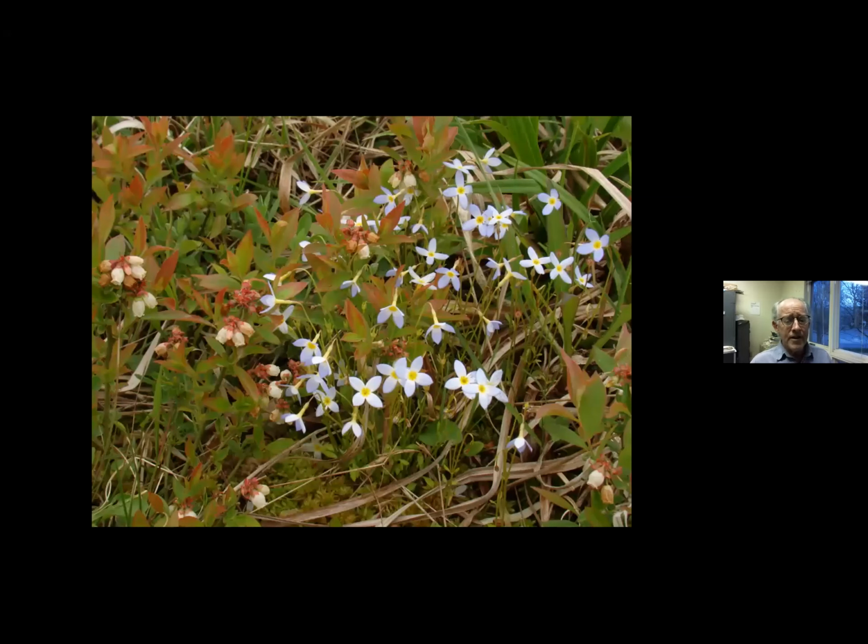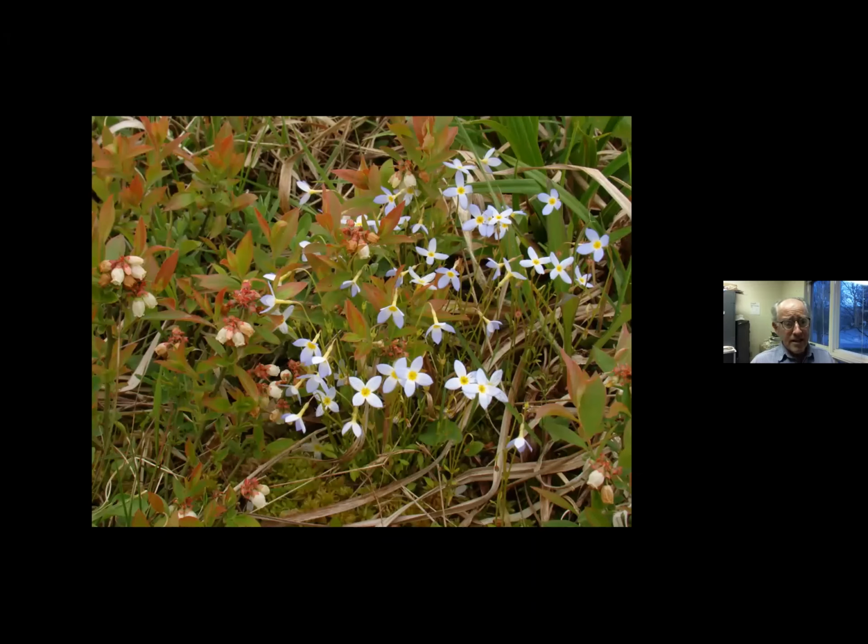Now, there's one very odd feature of our local region, which is the South Hill Plateau, which is an area uphill of Ithaca College that was washed over by an enormous flow of glacial meltwater, which scoured off all the glacial till and bared it down to bedrock. And the resulting habitat is practically unique in the region, and it gives us some plants that we otherwise don't see in the local area, like these bluets, these little Quaker ladies, the little four-petaled rubiaceous blue flowers with the yellow eye,